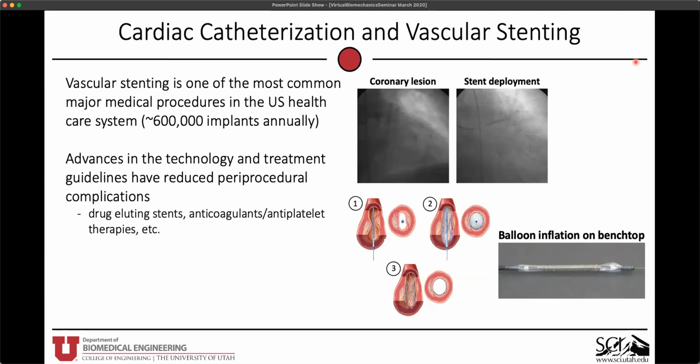Now, unfortunately, these devices can fail. They fail from two primary mechanisms. The first being neointimal hyperplasia. That's the ingrowth of tissue into this region that essentially restricts blood flow again, so it forms a new stenosis, essentially. But you could also have stent thrombosis, and that's the formation of a large blood clot that again can